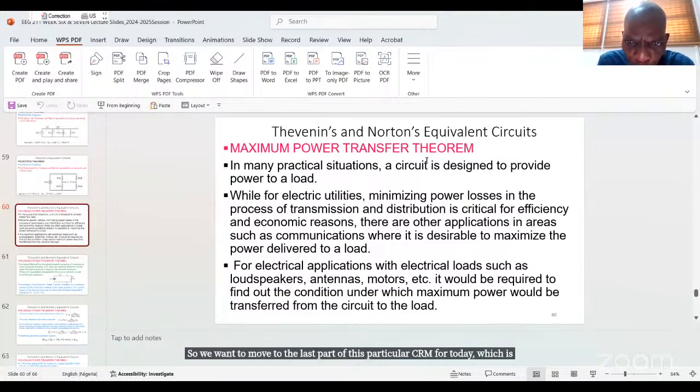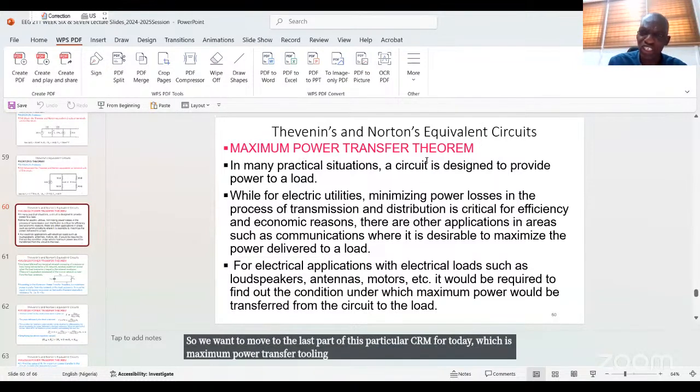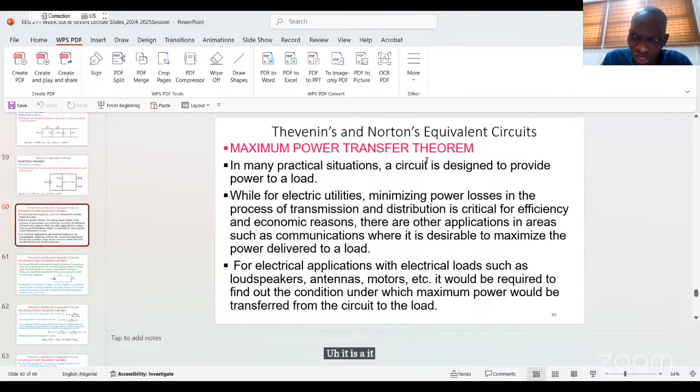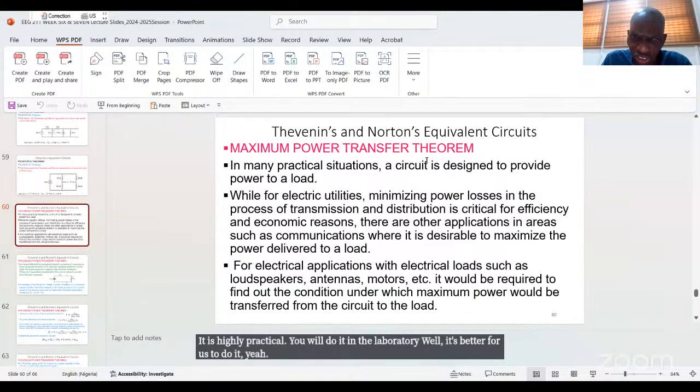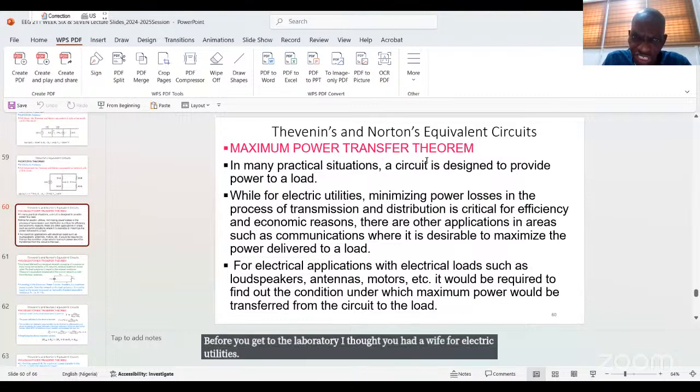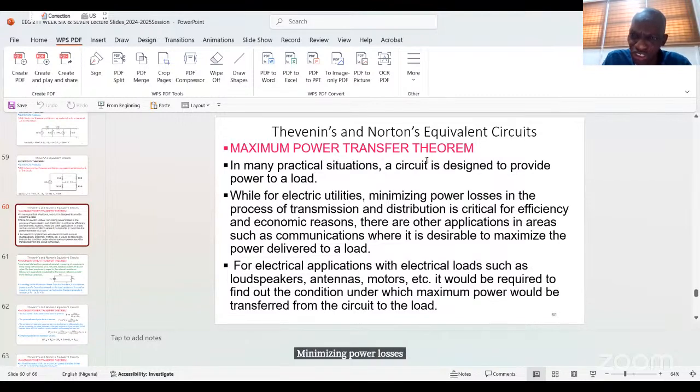transfer theorem. The maximum power transfer theorem is a very useful theorem that we use in engineering to solve a number of problems. It is highly practical. You will do it in the laboratory, but it's better for us to do it here before you get to the laboratory. For electric utilities, minimizing power losses in the process of transmission and distribution